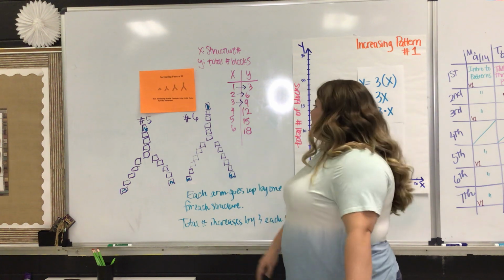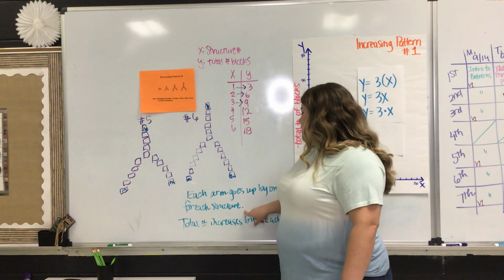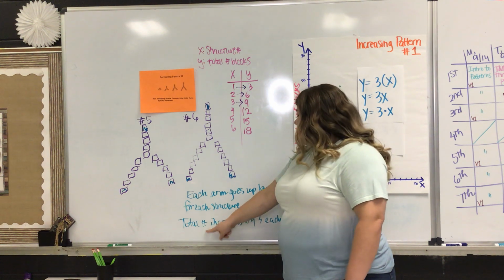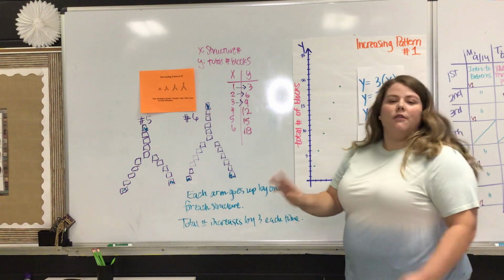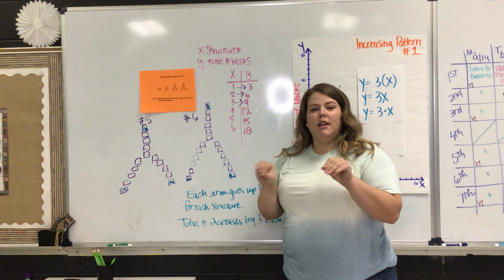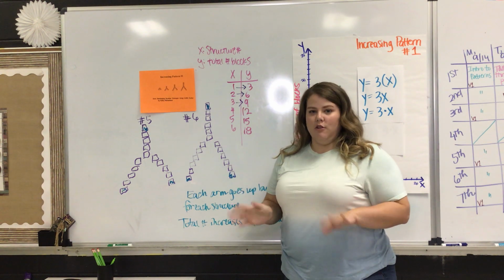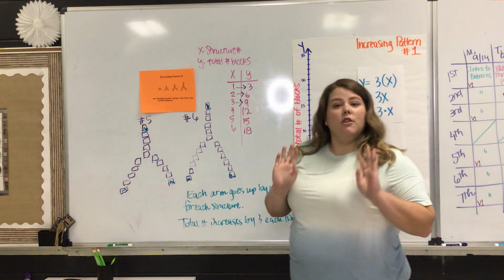or changing. So in our example, we saw that each arm goes up by 1 for each structure, or a total number of increasing by 3 each time. So in each pattern that you do, you're just going to put in words how you thought the pattern was growing. And then our 5th and final thing, which is okay if you get a little confused